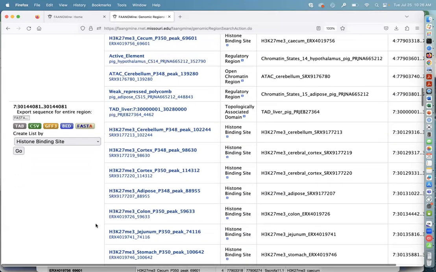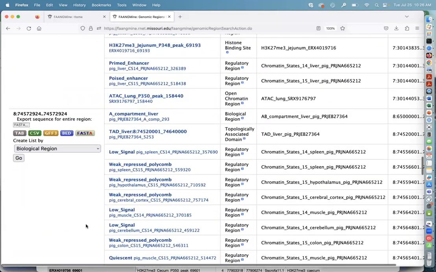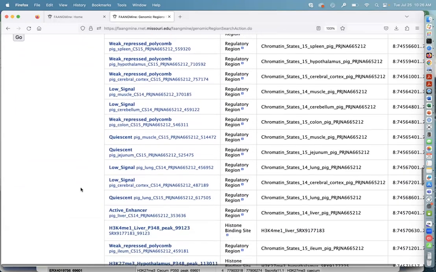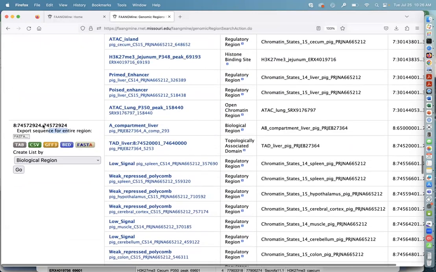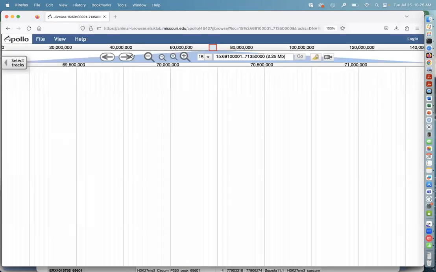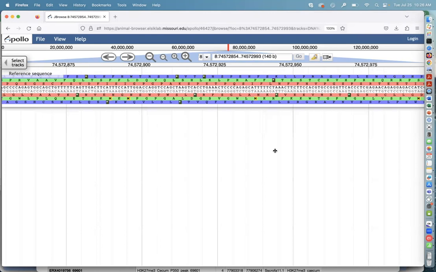viewing this data in JBrowse. I wanted to go down to this SNP, which overlaps an active enhancer in liver, so I want to look at that. What I'm going to do is copy paste this actual SNP location, and I'm going to go to JBrowse. If I just enter that location here, you can ignore this chromosome ID here. You can just enter the location and click go, and it goes straight to that in